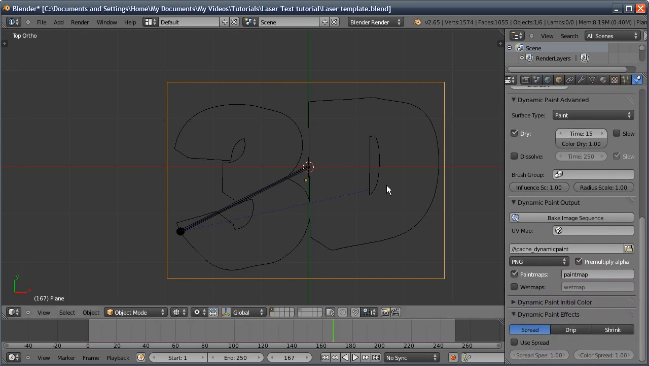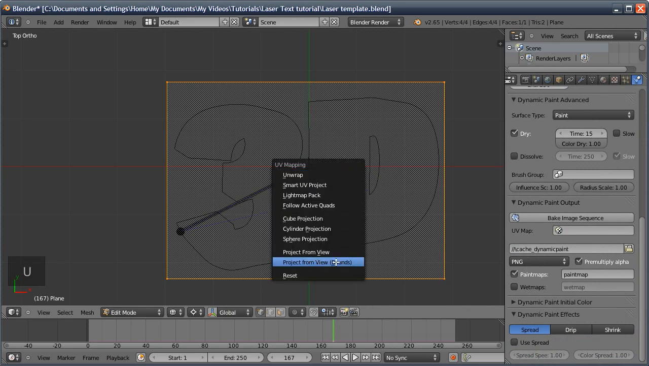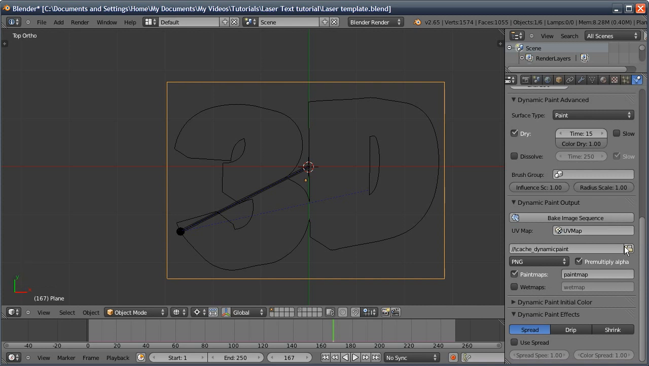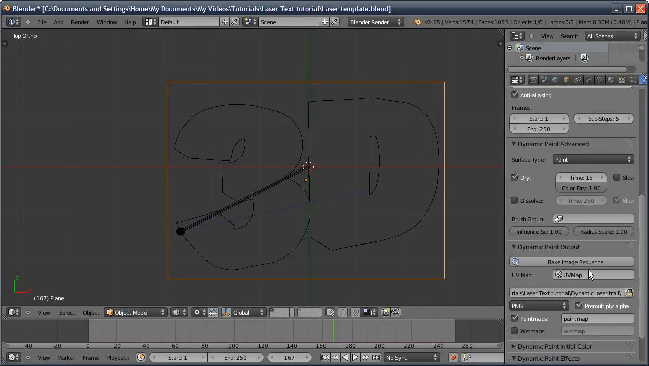We also then need to set a UV map it's going to use, so I'm going to tab into edit mode, U, projection view bounds, and we can then choose that UV map here. We're then going to set a directory that it's going to put all these images it generates into. So I'll create a new directory called dynamic laser trail and accept that. And because we've set it to dry, we're not using a paint map, we're using a wet map. And then I'm going to rename this laser trail